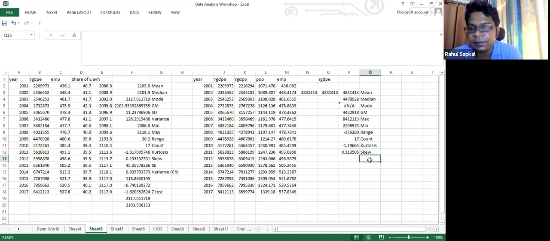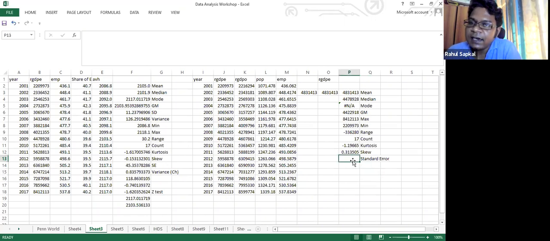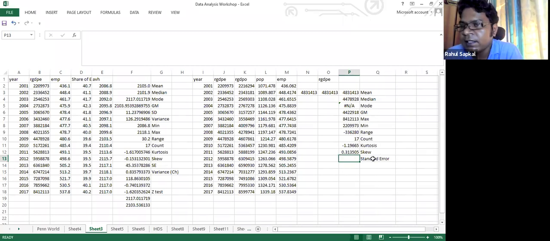Then we will be calculating the standard error. I would like to know why standard errors are important. Since you are students of economics, would anybody like to volunteer? What are standard errors? Because we often hear this term, standard errors, in a particular regression equation.